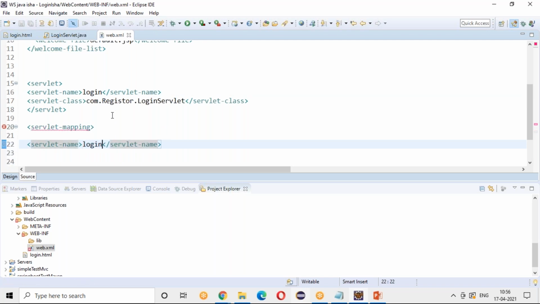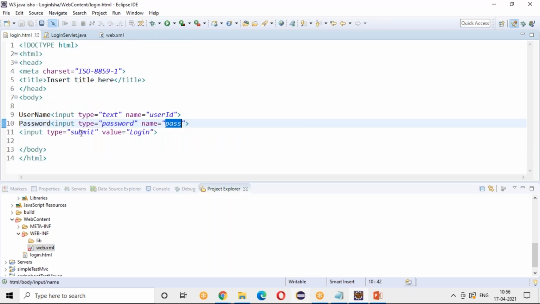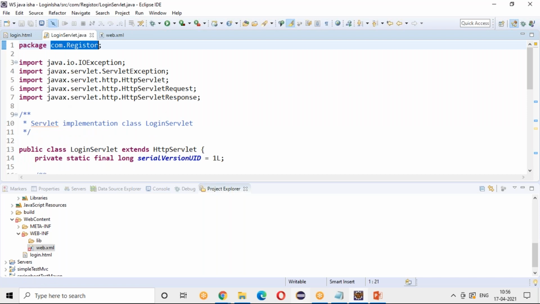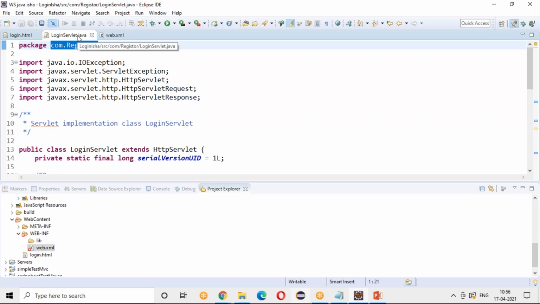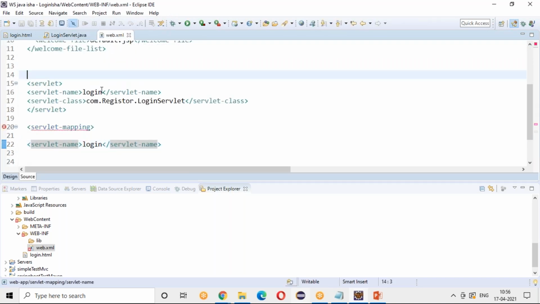As I told you, this web.xml is generally a mapping from your HTML page to the servlet page. So what is the mapping? For example, I click on the submit button. Your application may have 10 servlets, right? We have a login servlet, and it may have some 100, some home servlet or some employee servlet. But if the action is coming from the login servlet, how will your servlet container know it has to go to the login servlet? So that you define in your web.xml.